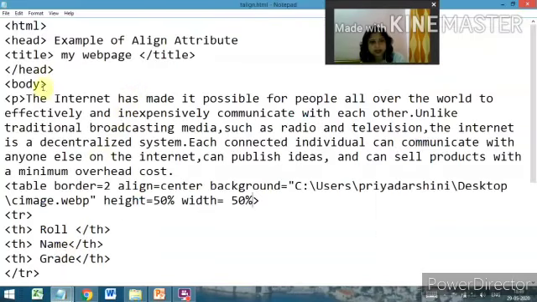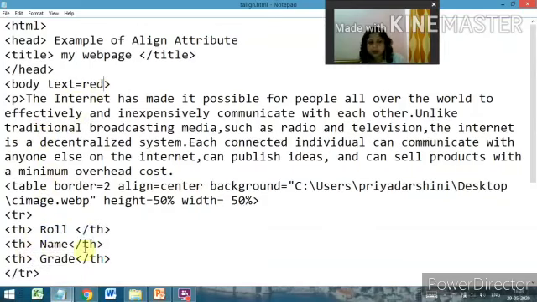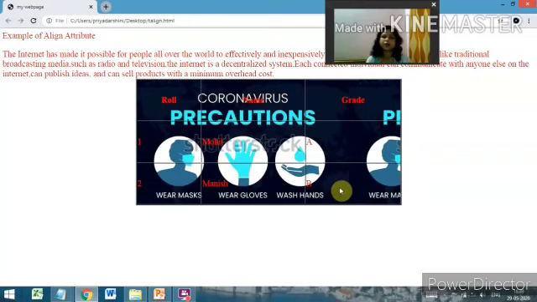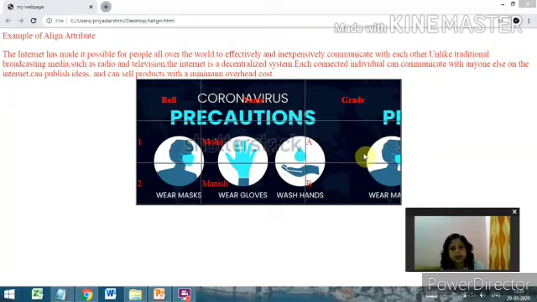So let us do one thing. We change our text. We will go to body and change the text. Whenever you write a text attribute in the body tag and apply a color, that will apply to the whole web page. You can apply different colors for different rows, which I will teach you in the next class. So today, for the whole web page, it is red color. Now see, this is your data and this picture is in the background. So I hope all of you understand how to put a picture in the background of a table and how to align the table with respect to the text.